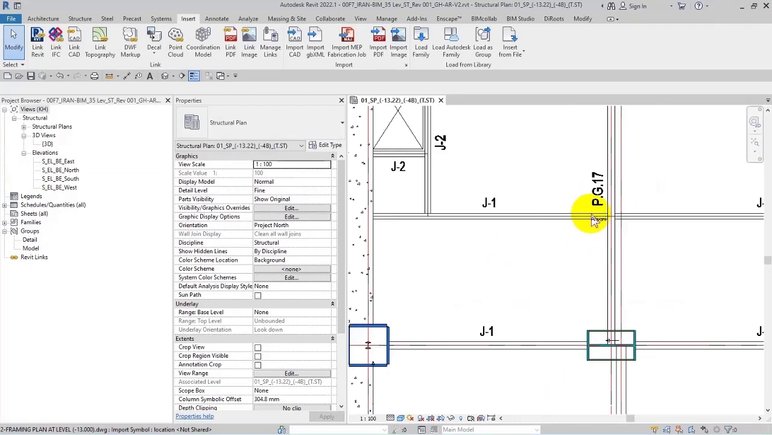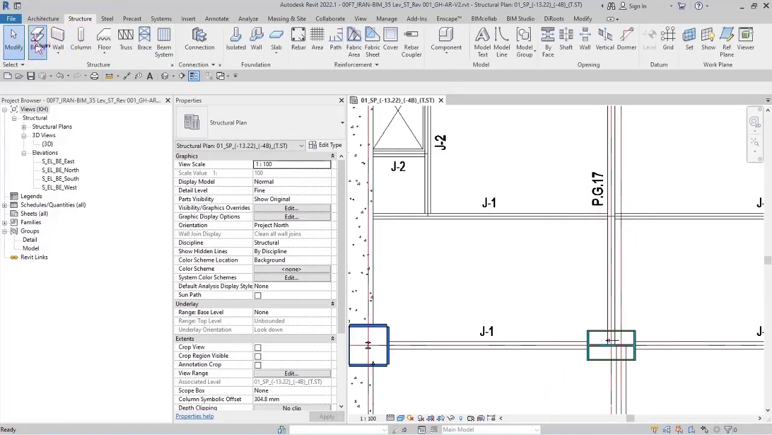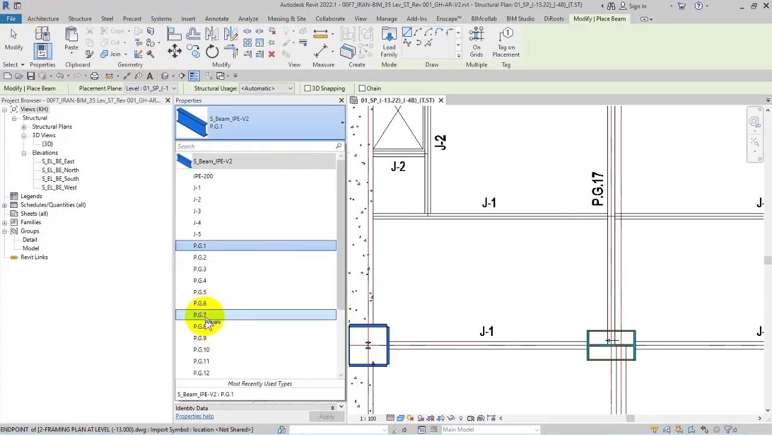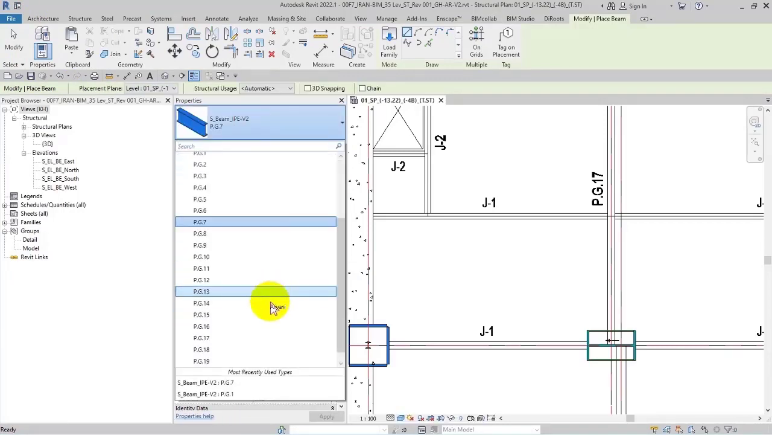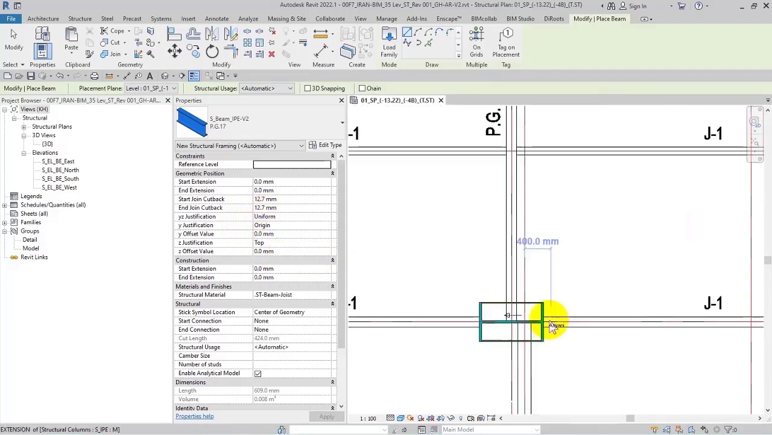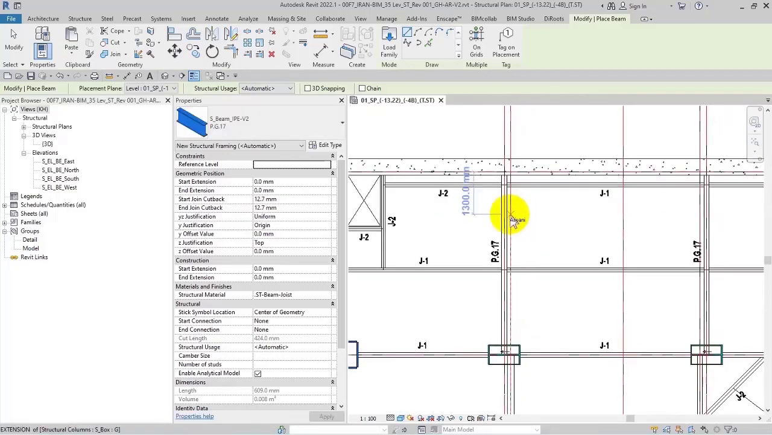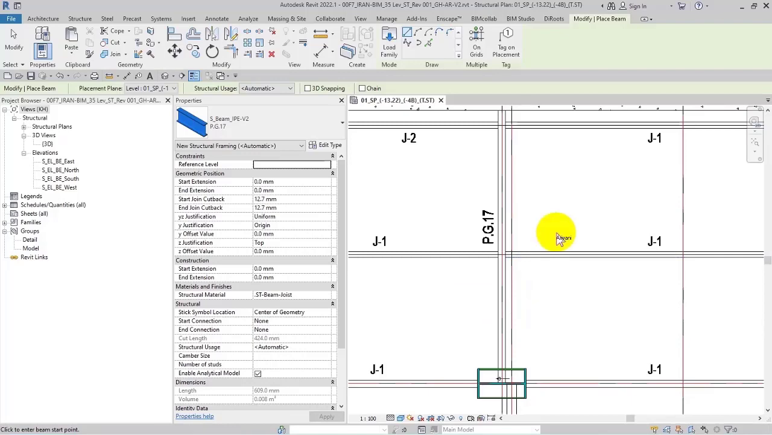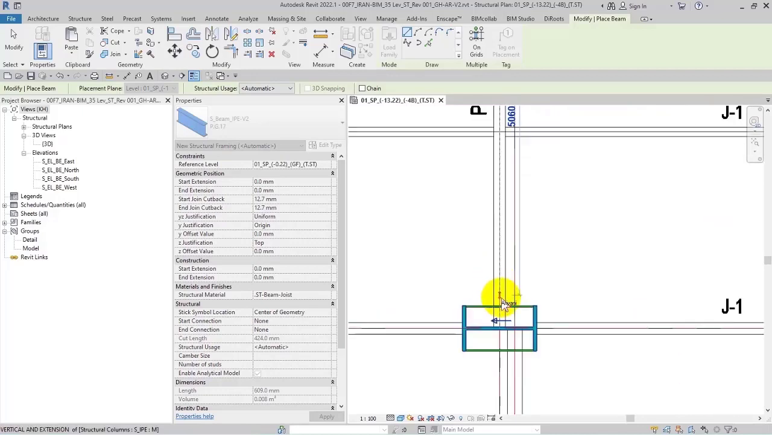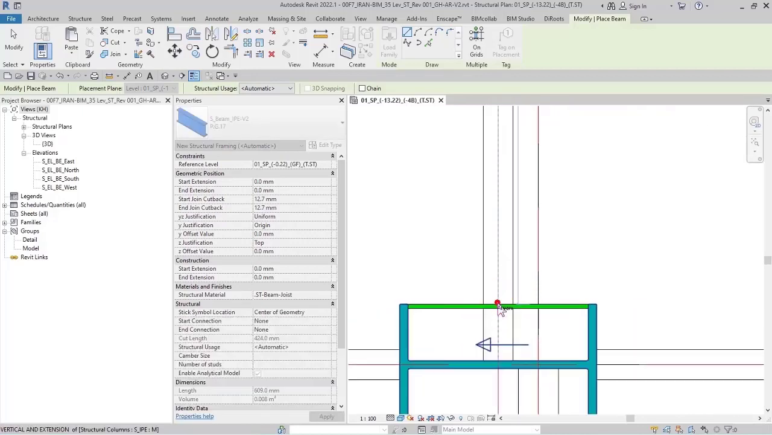We have PG17, and I will go to structural framing, and from the list from here I will select PG17. Okay, now this one, I'm sorry, and in this part the justification should be on top, and in the next section, let me look, it's all this for now. This is our PG line from here to here, like this,